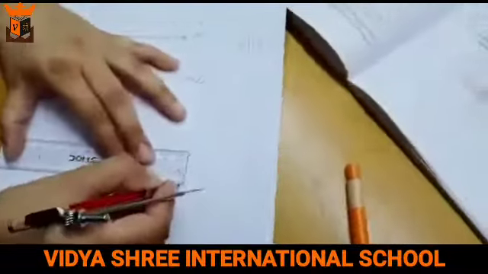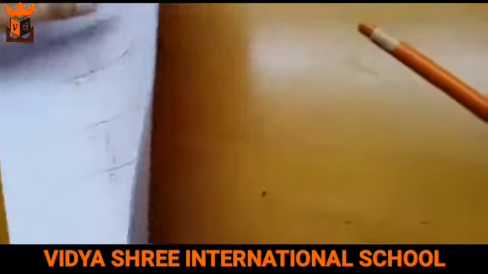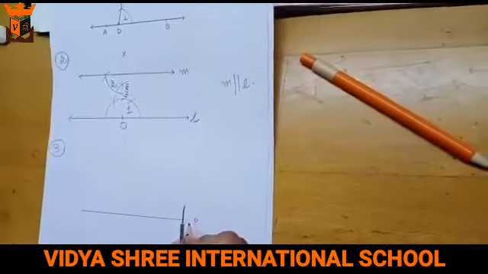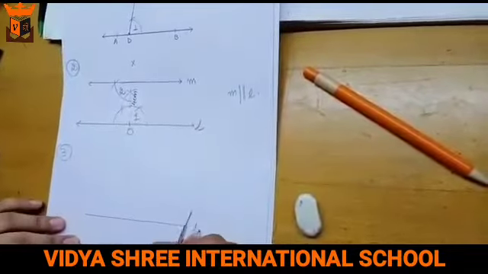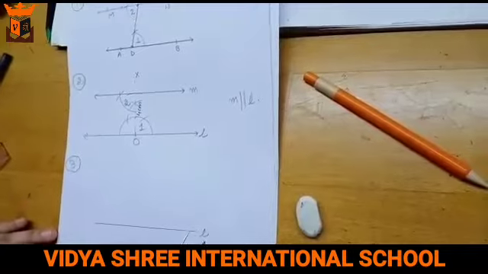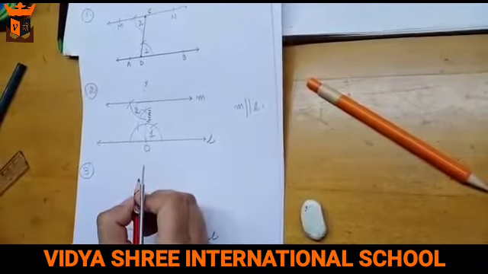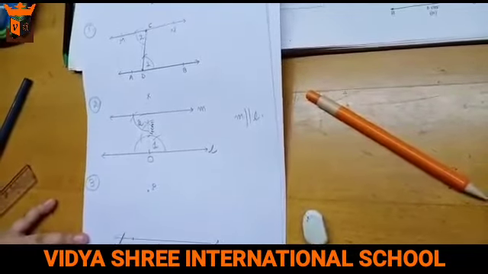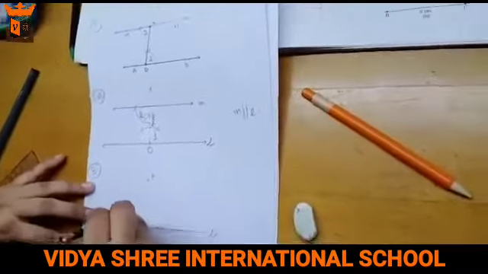So first of all, you need to draw a line. This is called line L. Now take a point P not on L over here. So here will be a point P. This is point P, and take any other point over here that can be Q, and then take a